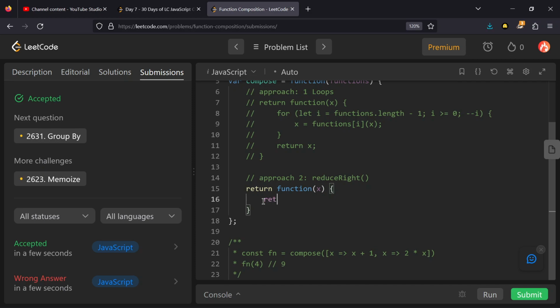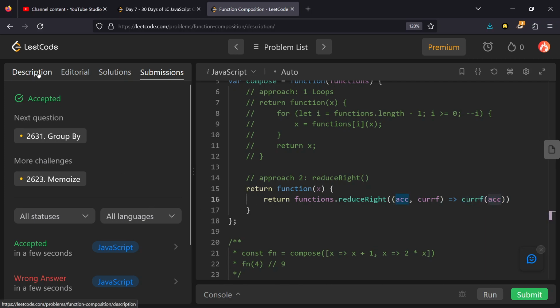So just we return functions.reduceRight, and a callback function with two parameters, accumulator and current value, or let's write current function here, and this will return current function and passing it accumulator, and this is the return value, and for the next call this will be our accumulator.